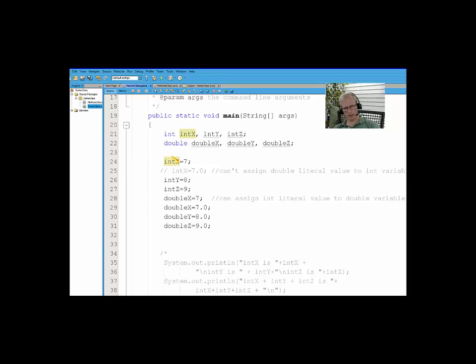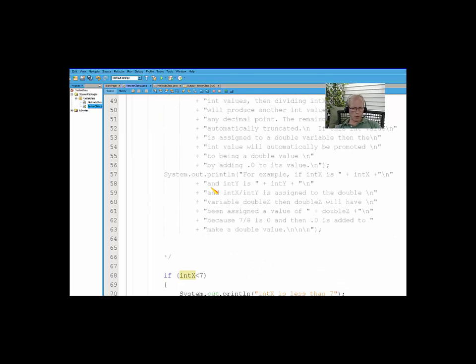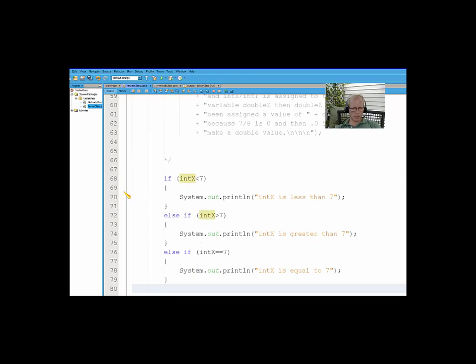underneath where I declared the variables, I gave int x an initial value of 7. So when this code executes, it should basically skip over this part. It's going to evaluate int x, says is int x less than 7? No, it's not. So it's going to go down to else if is int x greater than 7. That's going to be false, so it's going to continue on and finally say, okay, is int x equal to